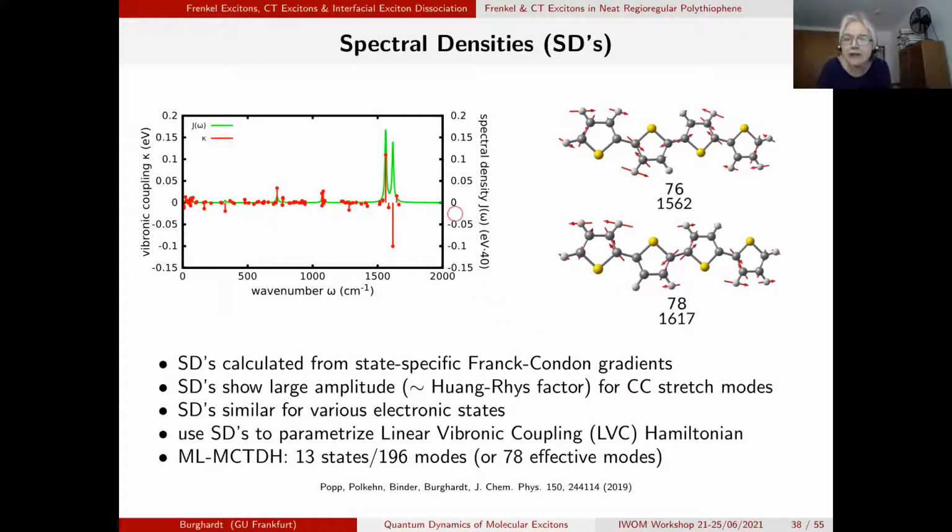Then we get information about the vibrations, this time in terms of a spectral density. We use the full set of vibrations here in terms of the shifted harmonic oscillator model, and you see that the spectral density strongly peaks around 1600 wave numbers. These are collective carbon-carbon stretch type modes, and this also suggests why we see these 25